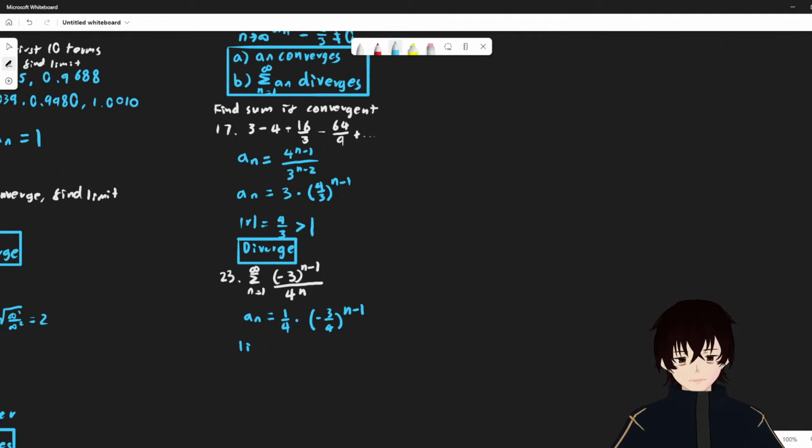And because the absolute value of r is 3/4, which is less than 1,